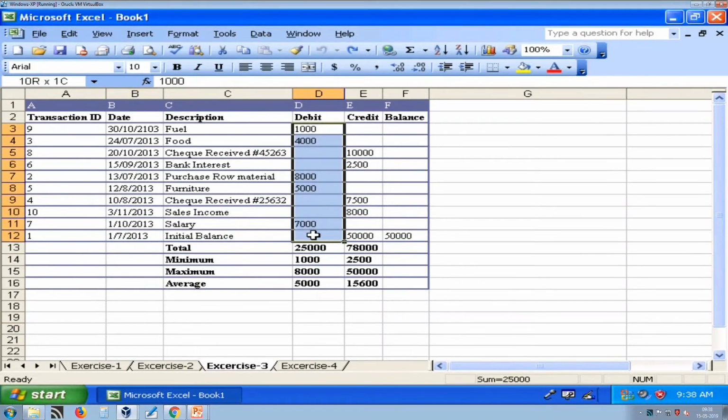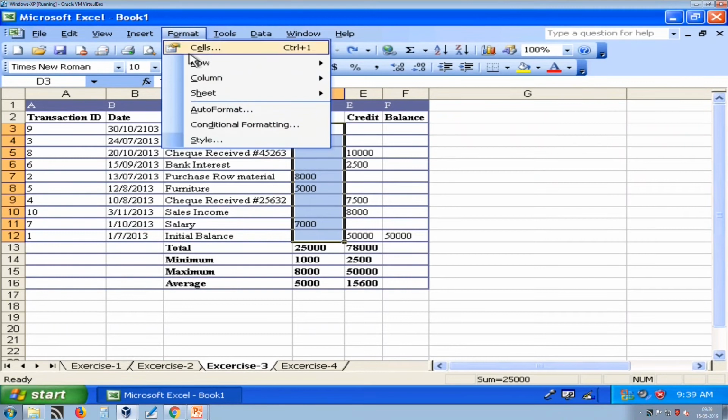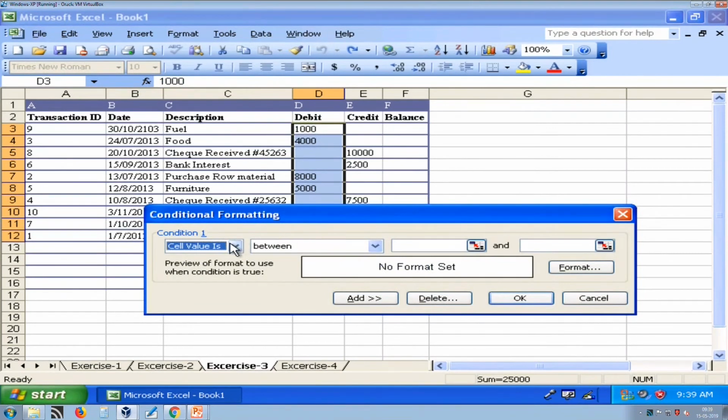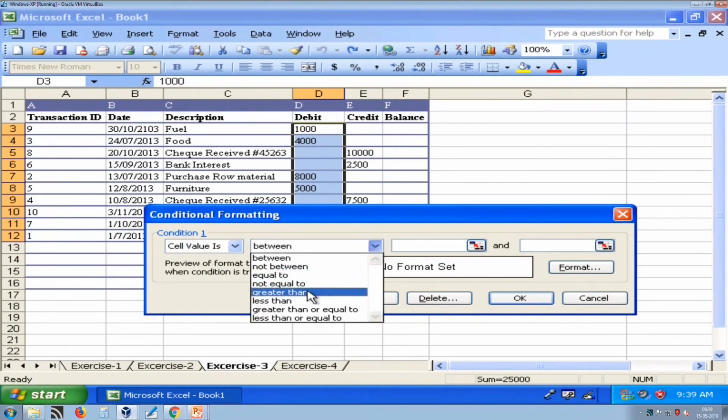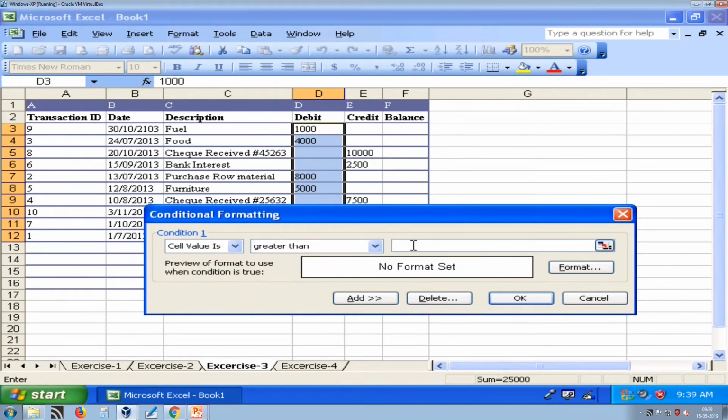Here we want to highlight expense which is greater than 5,000. So, just select the range for which you want to highlight the expense, and then go to the format menu and select conditional formatting. So, here cell value is greater than, and here we enter 5,000.